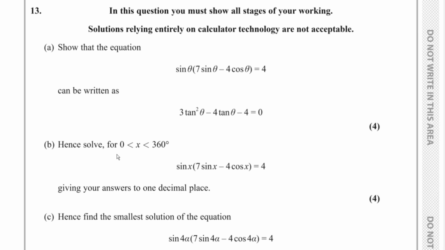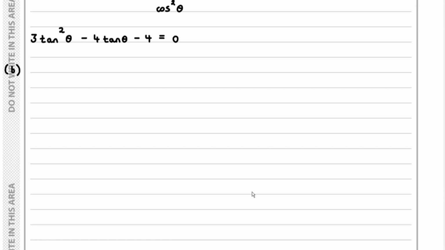Part B, solve for x being in between 0 and 360 degrees: sin x multiplied by 7 sin x subtract 4 cos x equals 4, giving answers to 1 decimal place. Well, do you notice instead of having a theta we have an x? Therefore we can use the result we found in part A, replacing the theta with an x. So for part B we have